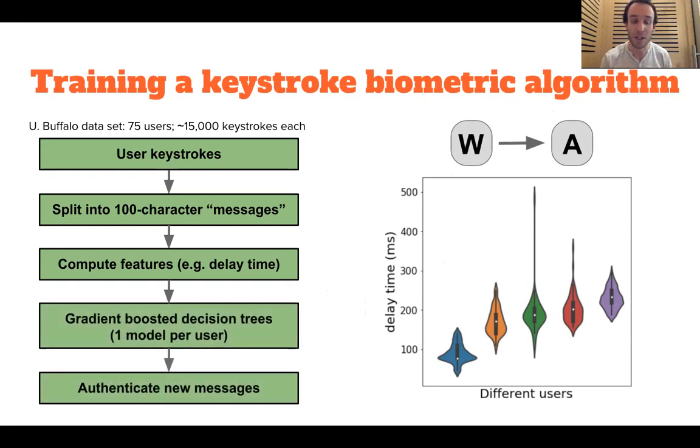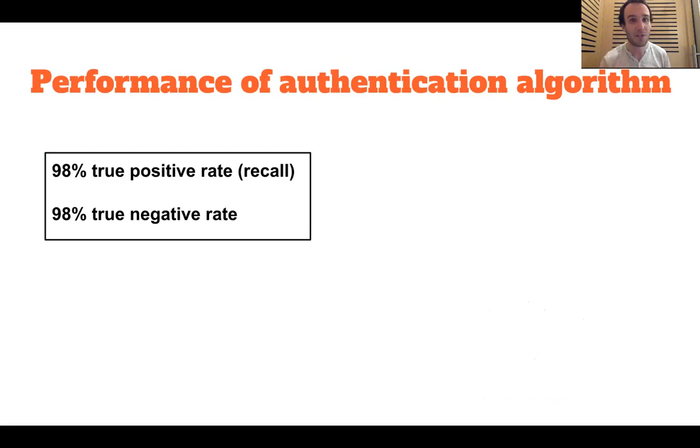So I trained a gradient boosting algorithm on these features with training one model per user in order to differentiate messages typed from that user from messages typed by other users of the platform, so that new messages from an account can be passed into this model in order to determine whether or not they were likely typed by the original user. This model was able to obtain performance of 98% true positive and true negative rates, or in other words, only 2% of hacker-sent messages were falsely allowed through, and only 2% of messages sent by the user were